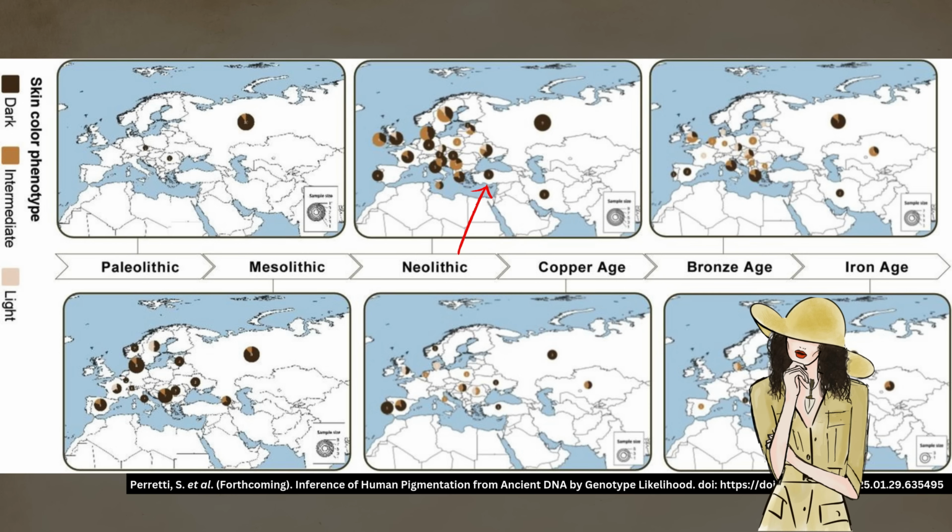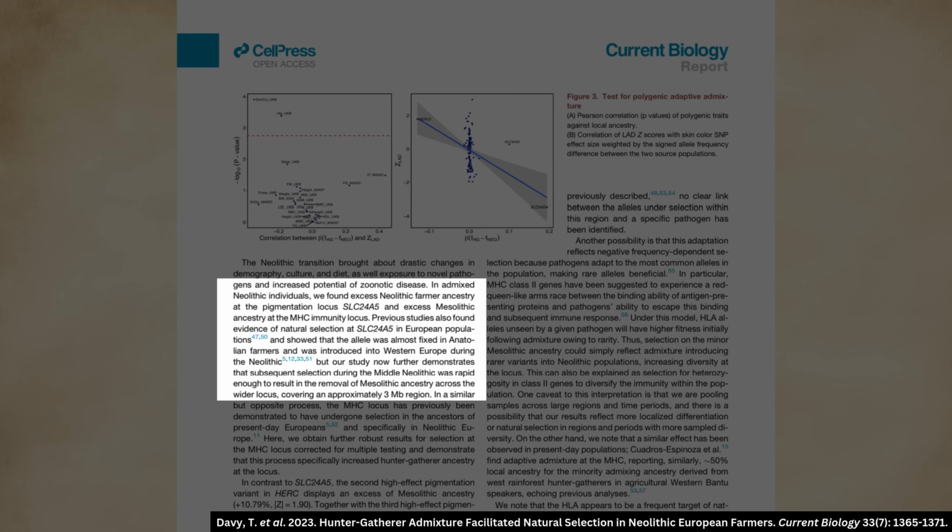We have many studies attributing the introduction of the two main genes associated with white skin in many parts of Europe to the Anatolian farmers. Here are just a few examples. This paper tells us, I quote, "In admixed Neolithic individuals, we found excess Neolithic farmer ancestry at the pigmentation locus